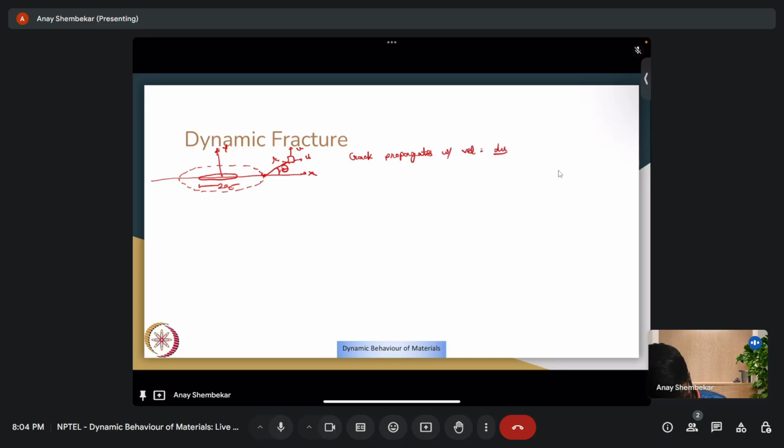du by dt is equal to u dot, with an initial length AC, and crack length at time t becomes A. So,